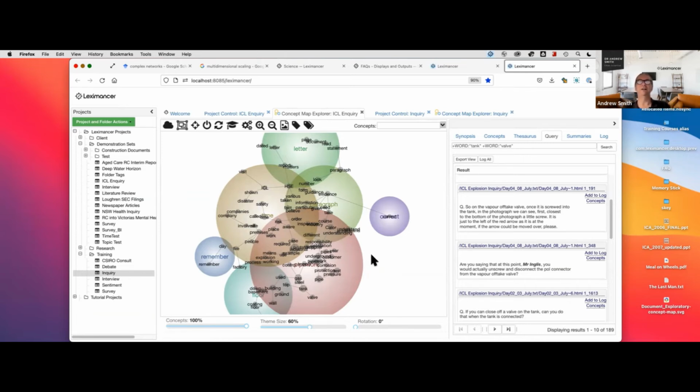Now, obviously, we can't reach inside their minds and find that neural network, that mental model in their brain. But from the usage of words, the challenge was to try to come up with a model which captures the semantic network of words that they used to describe the situation. And if you look at our validation paper, which I published with a cognitive psychologist, Mike Humphreys, in 2006, that's exactly what we were trying to validate. We were trying to show that different documents created in different time periods, maybe hundreds of years apart, by different people, but based around the same idea, the same conceptualization of a situation,